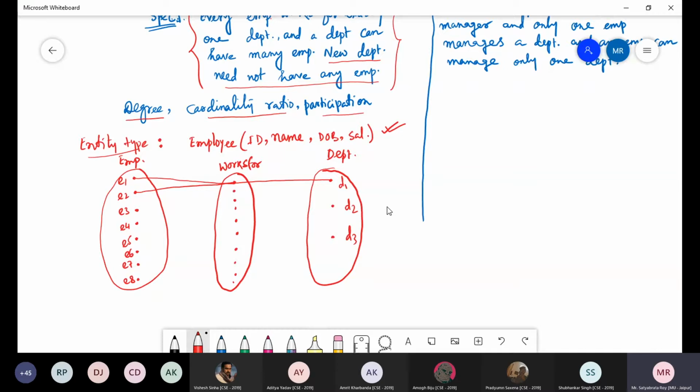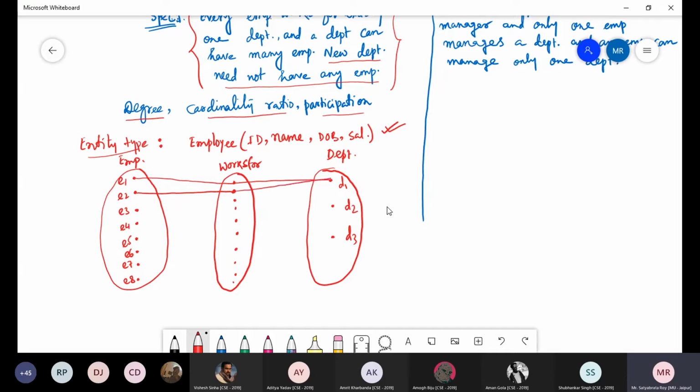So this representation is wrong. Suppose that E2 also works for D1, then you should just choose a separate element from the relationship type works for.